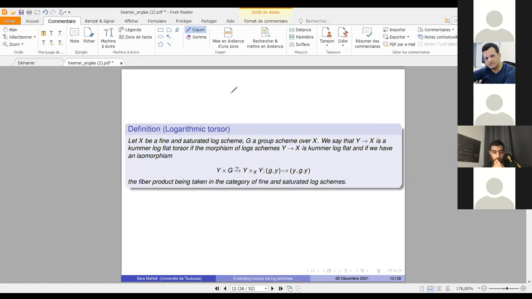For example, if you want to compute the G_m log torsors, I recall that I said that to give a G_m fppf torsor is equivalent to give a line bundle. So a Cartier divisor, so a divisor with